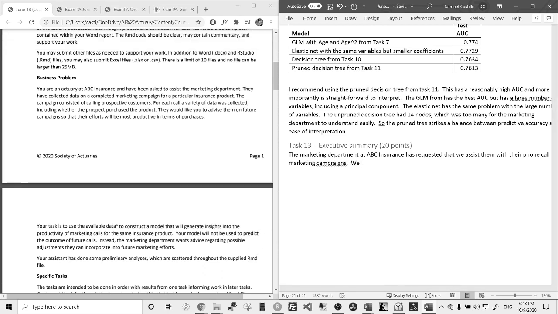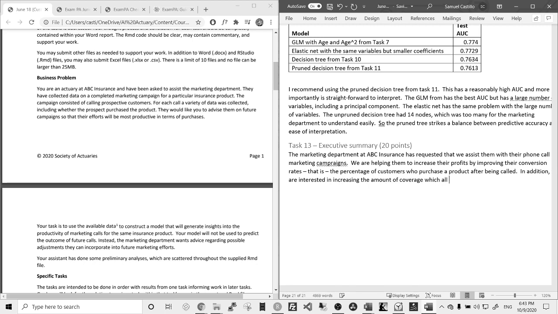We are helping them to increase their profits by improving their conversion rates. That is the percentage of customers who purchase a product after being called. And in addition, we are interested in increasing the amount of coverage which customers